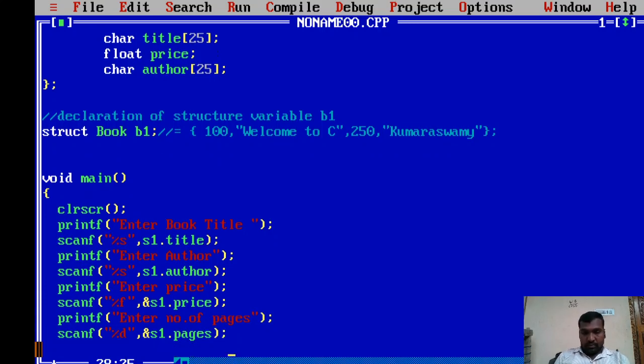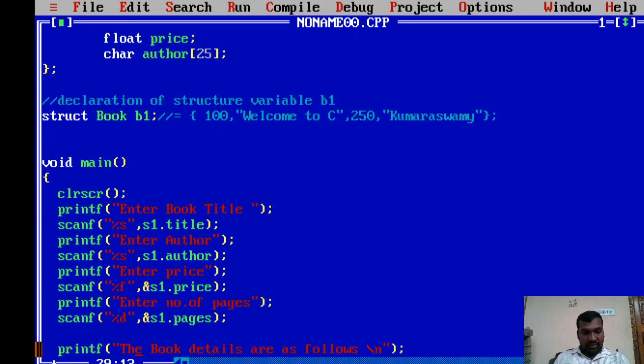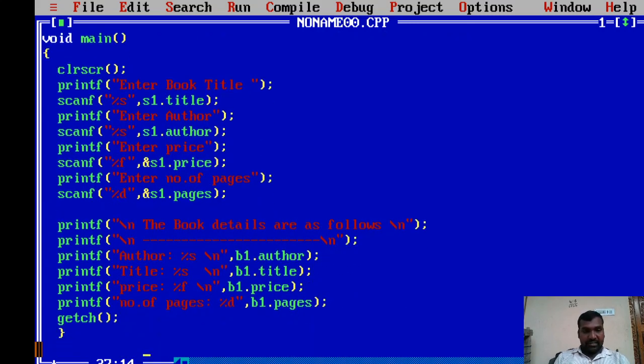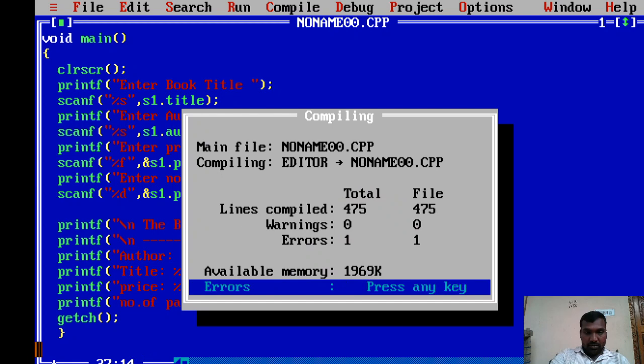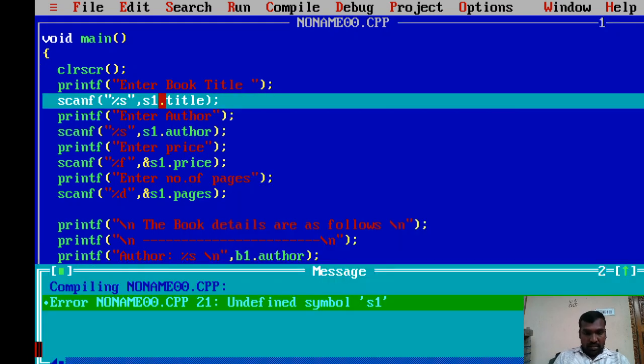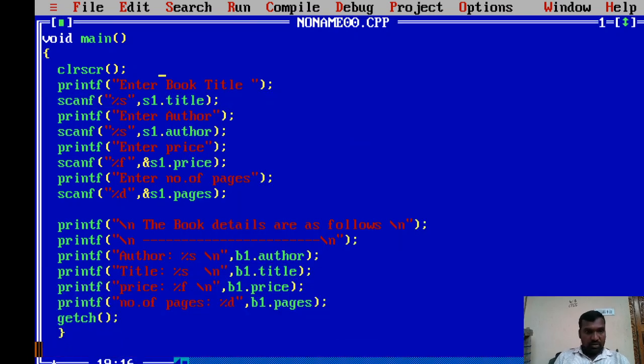After this, we have already written the statements for printing purposes. Undefined symbol s1, why?